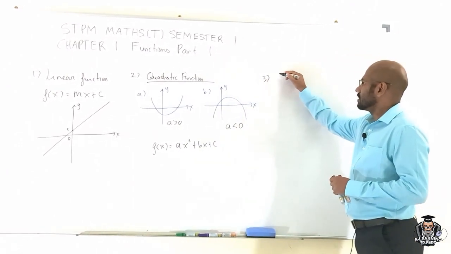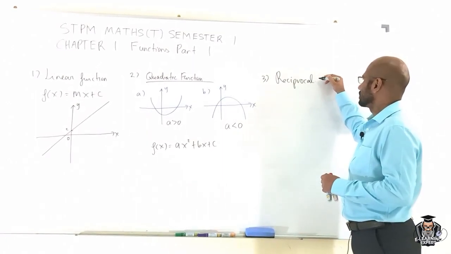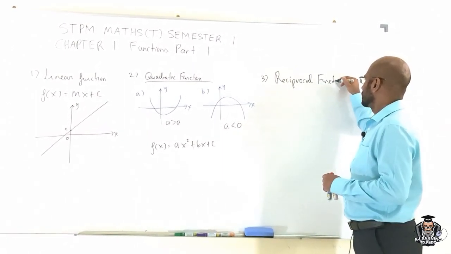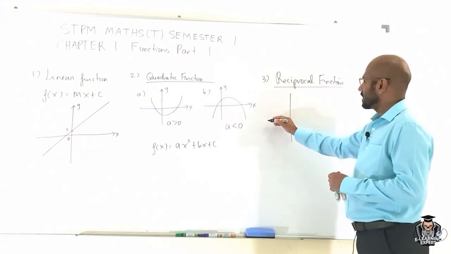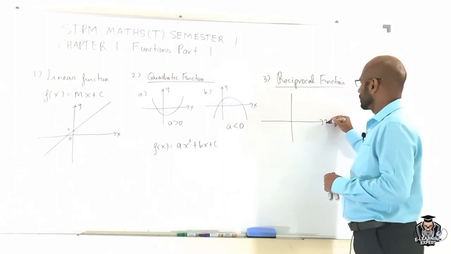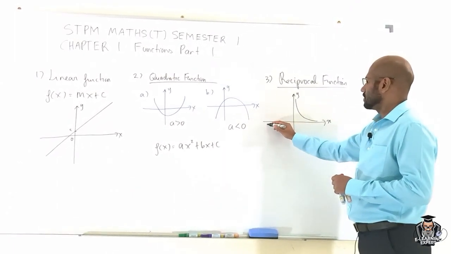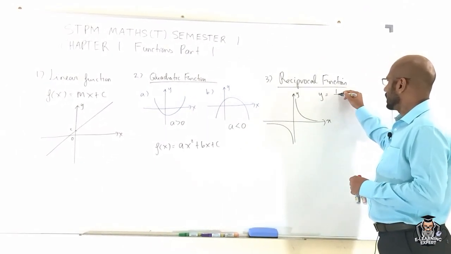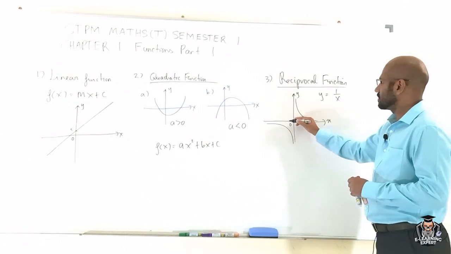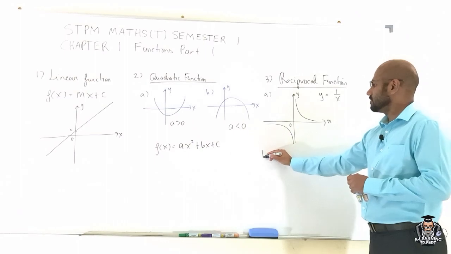And then we have got the reciprocal function. Reciprocal graphs are just the 1 over x graph over here. So we've got a graph looking like this, and this is y equals 1 over x. I just want to show you all the difference with the negative and a positive here.